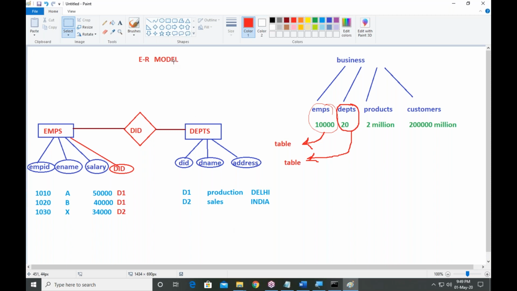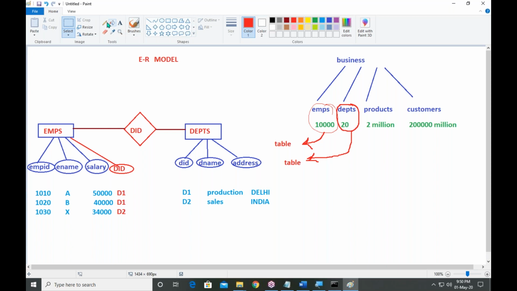Again, what is an ER model? ER model means entity relationship model. It is a graphical diagram. It contains objects, object properties, and relation between objects.